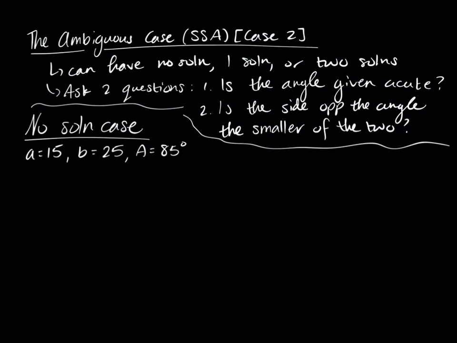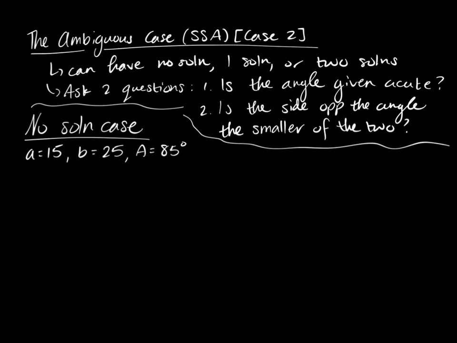Now let's move on to case 2. Case 2 is called the ambiguous case, all right? That is, they give us two sides and an angle. What's ambiguous about this is that this case can have no solution, one solution, or two solutions. And you're probably thinking, well, how am I supposed to know which solution is going to happen? You're going to ask two questions at the beginning,